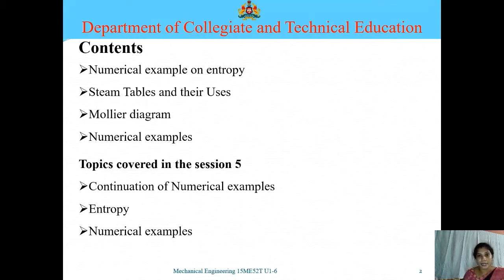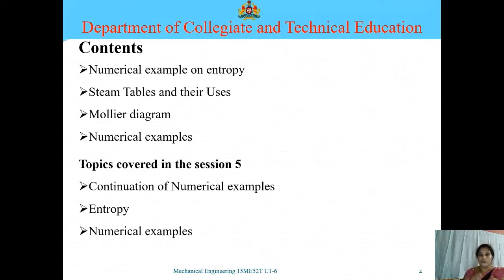What does entropy tell us? Entropy is a property of a system which increases with addition of heat and which decreases with the removal of heat. That was the definition we learned, and we even saw a small video which tells that entropy is a property, it does not depend upon the path. Okay, that we learned from watching a very small video.